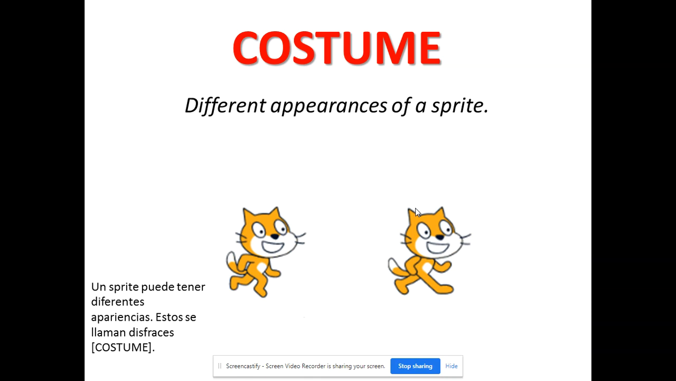A costume, last term that we're going to talk about, would refer to the different appearances of a sprite. So you can have one sprite that might have more than one look to it. And video game designers might use costumes in a game in order to give a sprite the illusion that it is